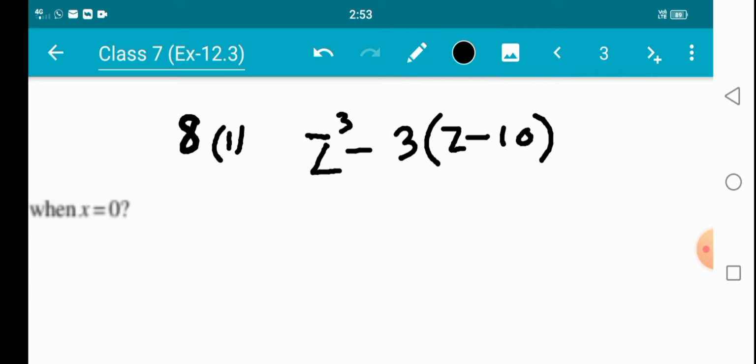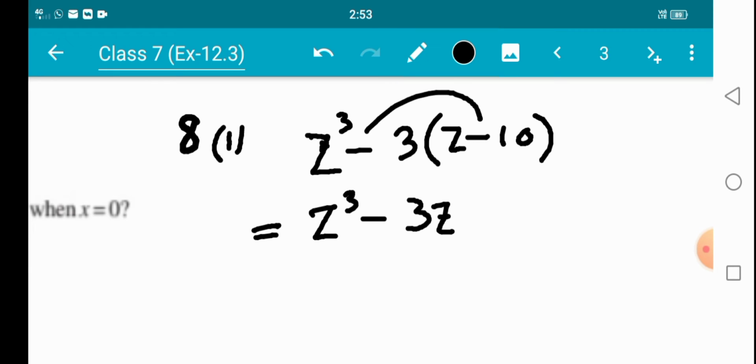First of all, you have to simplify the expression: z cube. Minus is outside, so students be careful, when minus is outside you need to multiply the sign. 3z plus, also we are multiplying, but when we multiply by plus, the sign has no change. But when we multiply with minus, the sign will change. Minus 3 into z, 3z, then minus into minus, it will become plus. So plus 3 tens are 30. Now there is no like term, so we complete our work here.